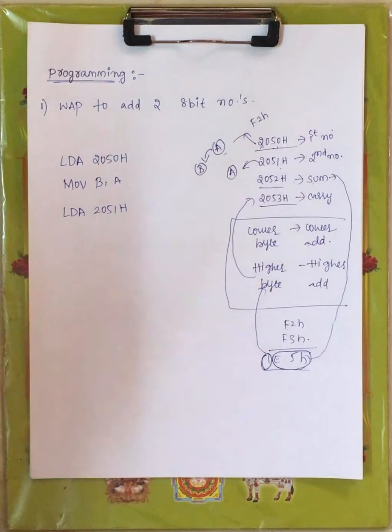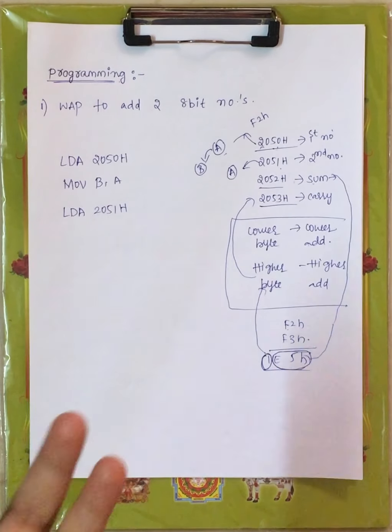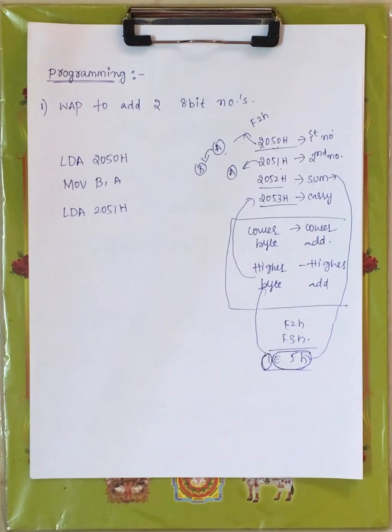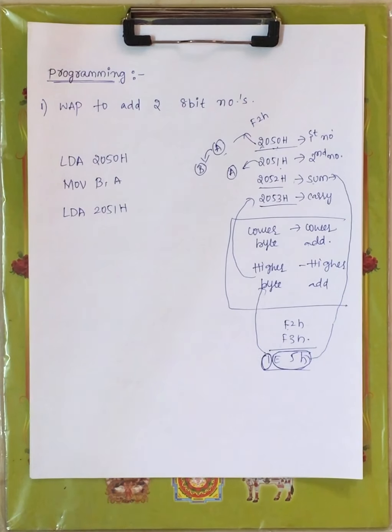First those are moved to the A register, and only from the A register can you move to any different register, that is B, C, D, E, H or L, right? We don't have LDB or LDX, any such instruction to directly move the numbers to your specified register. This is the second step we have followed.